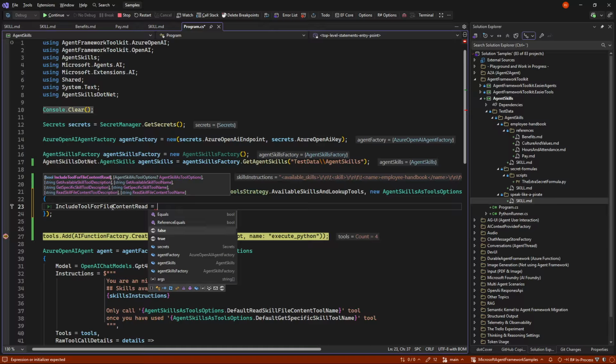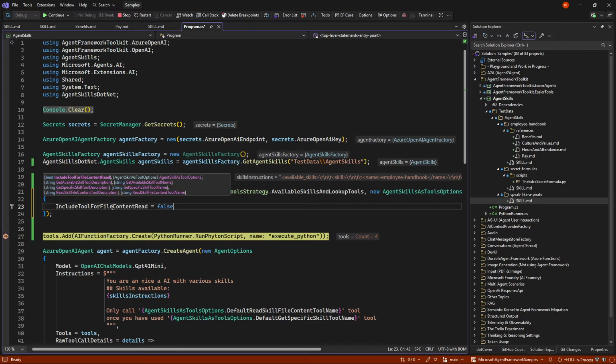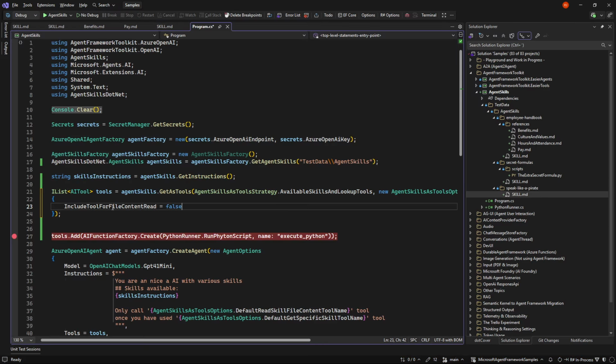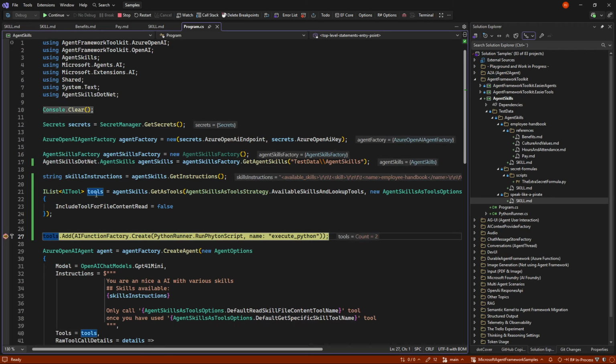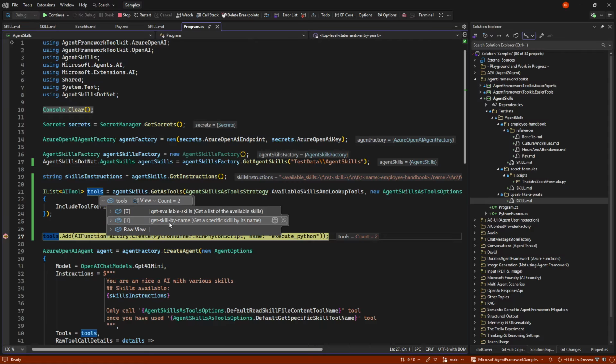So behind the scenes, when it runs the tool, it will actually check, is it any of the files that are in any of the skills? And if not, it will say it's not a valid file. So it's not dangerous to do other than what skills you have, and it can only read. But if you don't want it, you can simply go in and say false here. And then we only get the 2 tools, to get available and to get skill by name.